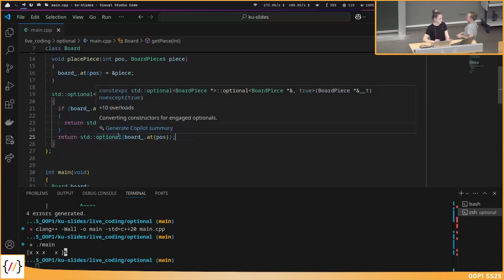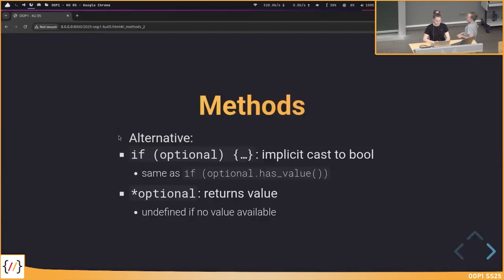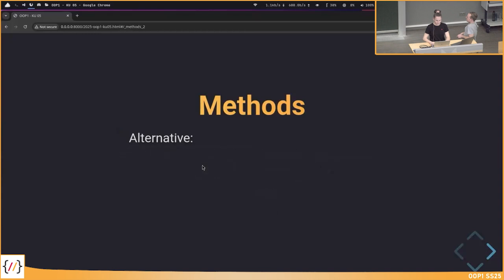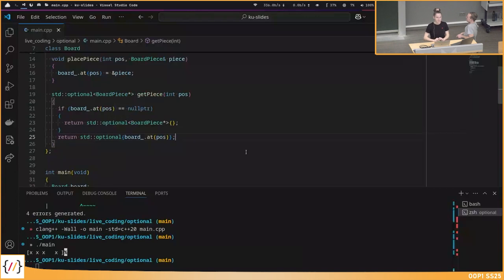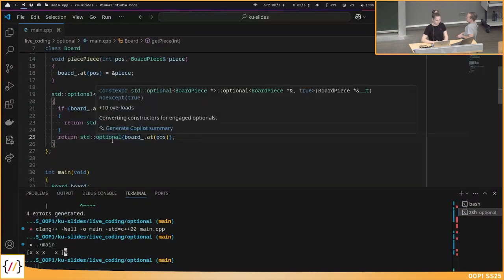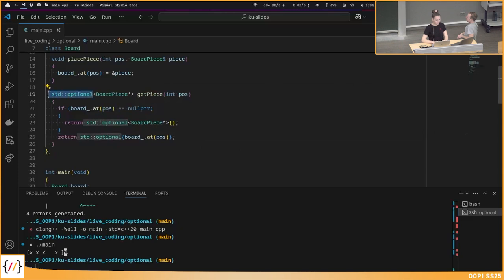Because on the slides we said to construct this optional with a value, we want to pass it to the constructor. But sometimes C++ does this in a smart way, and because we know we want to return an optional with this type, we can omit specifying the type here that we want to return.